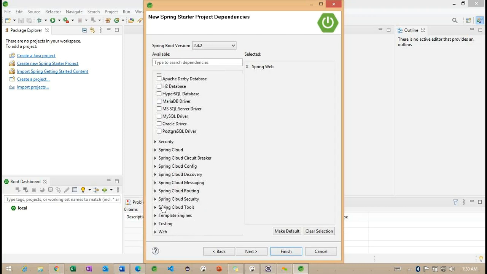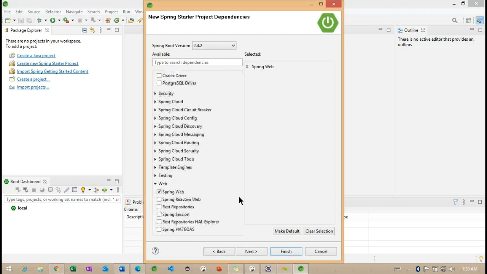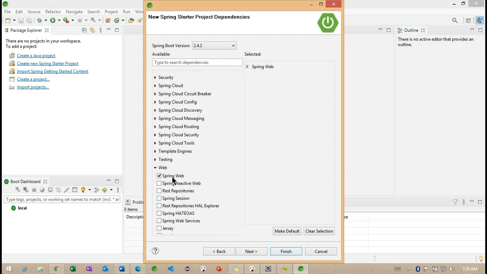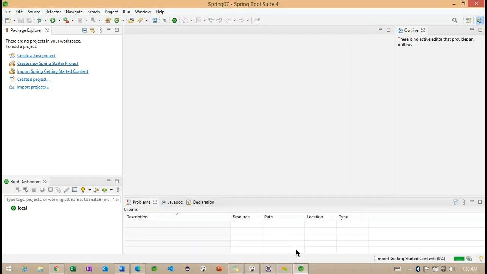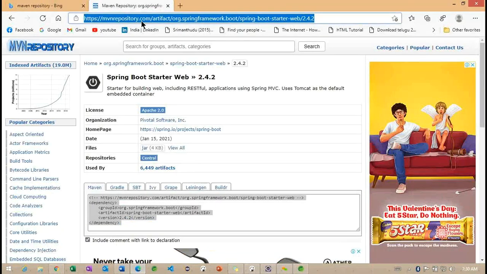So we can check on the testing web. In the web only, we have added this particular Spring Web here. So this is the way it has different starters here. Now, simply, we want to check with the web only. Whenever we are adding the particular web starter, what will it do? All the dependencies required are going to be downloaded here. Not only this, we can communicate with the web browser.